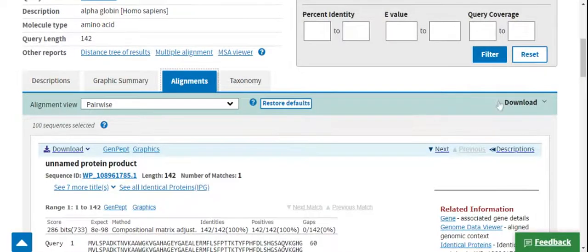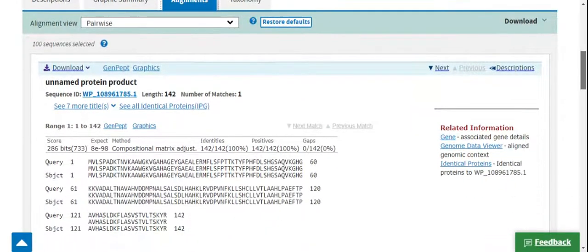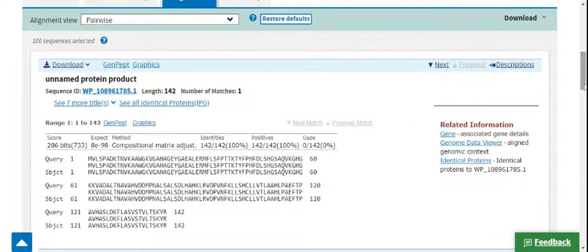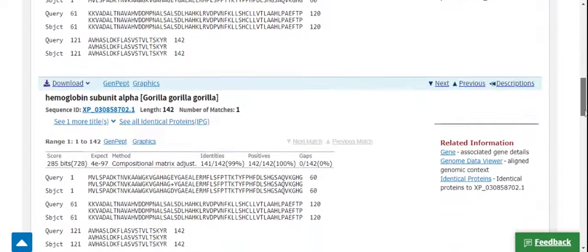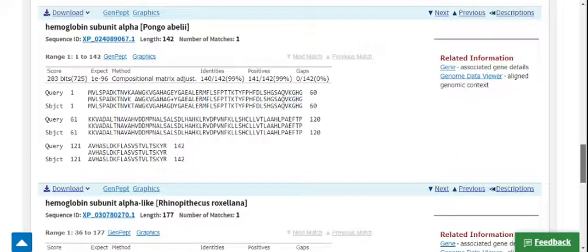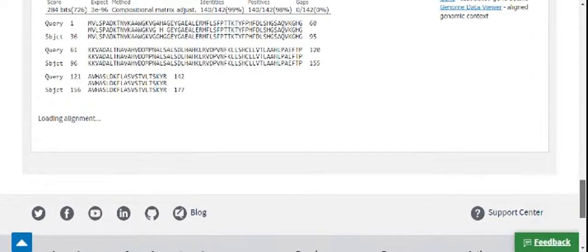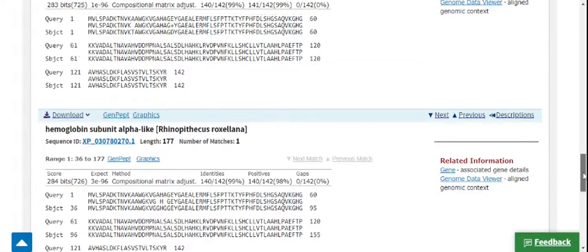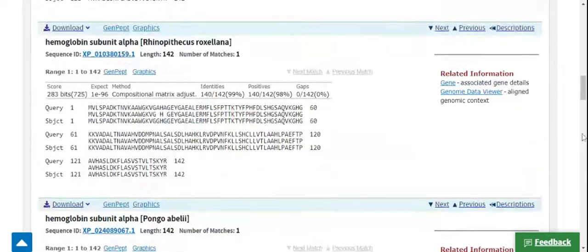Here we want to see the alignments which are identical or similar. So we will go a little down and look for sequences that are not 100% identical. For example, we have taken the hemoglobin subunit alpha in Rhinopithecus roxellana. Here we can see that out of 142 amino acids, 140 are identical.